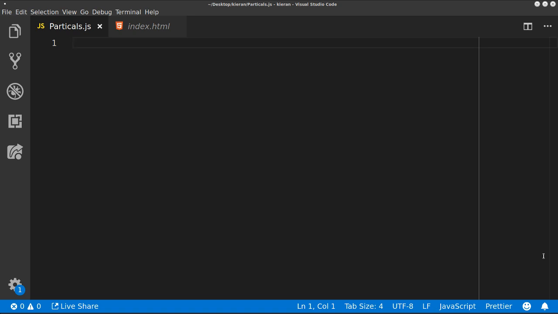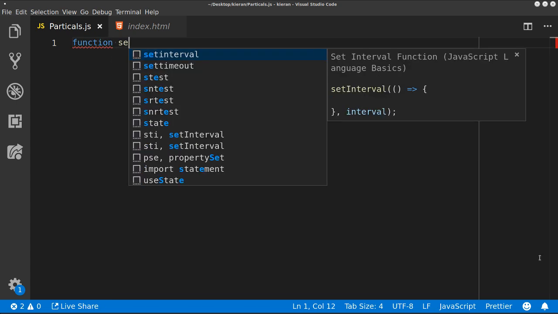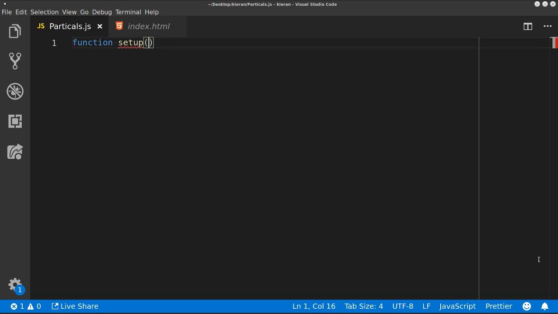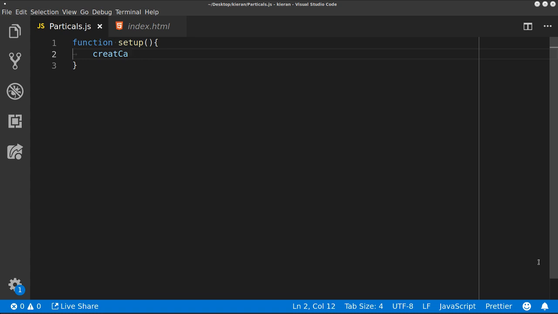So first, what I'm going to do is set up the canvas function. Okay, so function setup. Setup function, create canvas, create canvas. So we can create this canvas so we can draw to it, and that's going to be 600 by 400. Create canvas. That's it. So that's our setup function, and also I'm going to do the draw function so we can